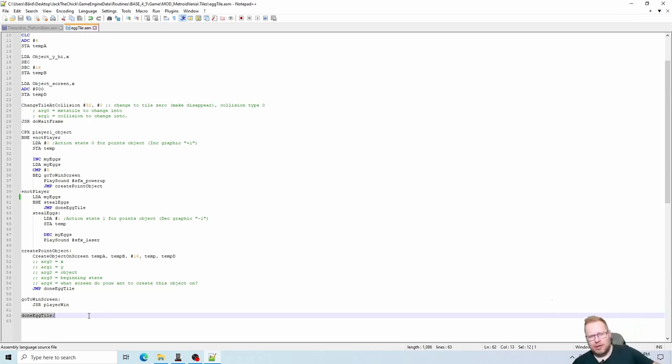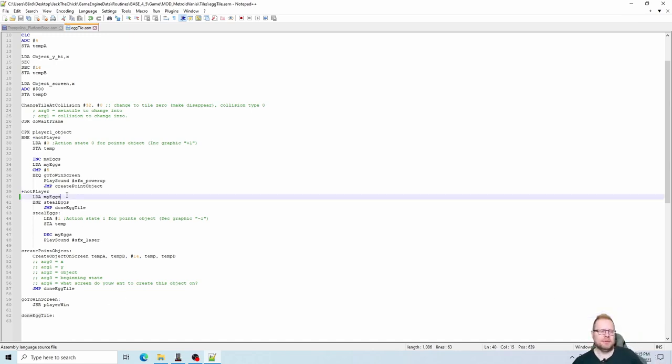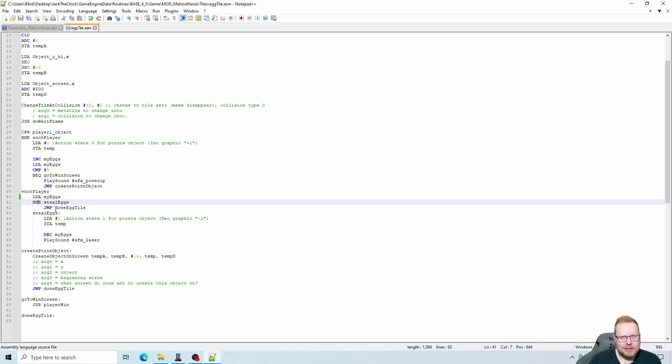The logic behind that is that if the variable myEggs is 0, then there are no eggs to steal for this monster. But if it's 1 or more, then the monster can steal our eggs from us. So BNE, branch if not equal, which means the number is not 0. Right, we go down here,